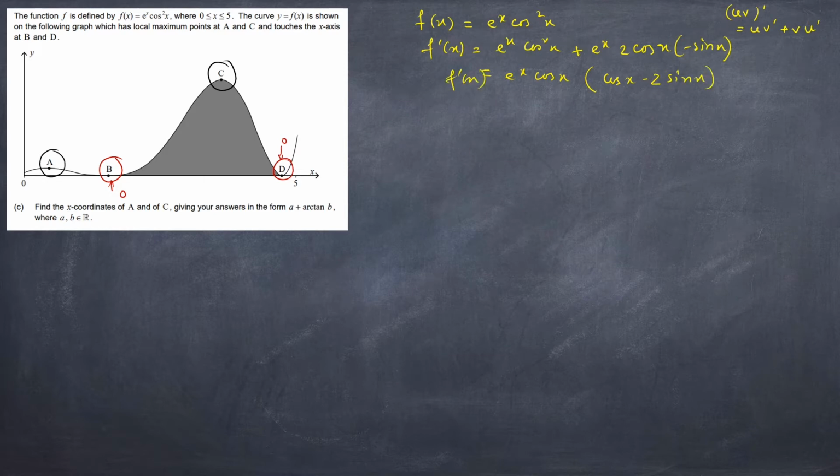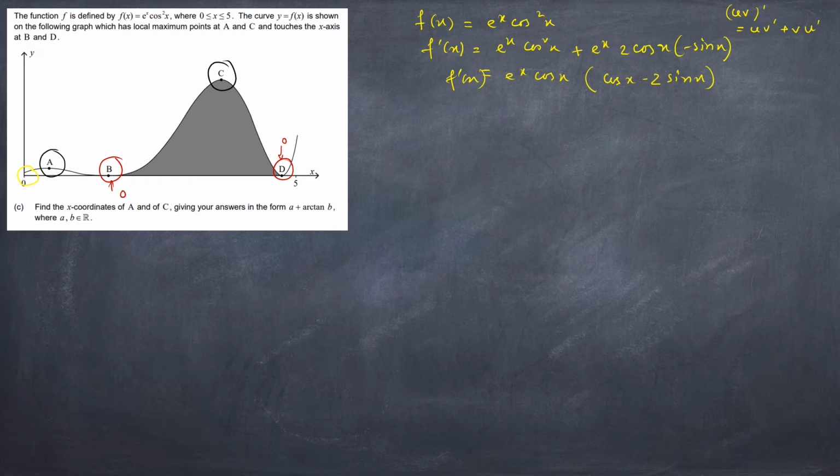Now we need to find the extreme points or the maximum points, that are A and C. One more thing also: as it is a positive function, obviously the minimum value will be 0 for this graph. As you can see, it is touching the x-axis also. So a small problem is given in the graph, because some small differences are given. It is touching the x-axis, but in this graph you can see it is not touching the x-axis, so it is wrong. It will touch the x-axis because cos will touch the x-axis also. Here it is not touching, but obviously the minimum value is 0, because it is a positive function.